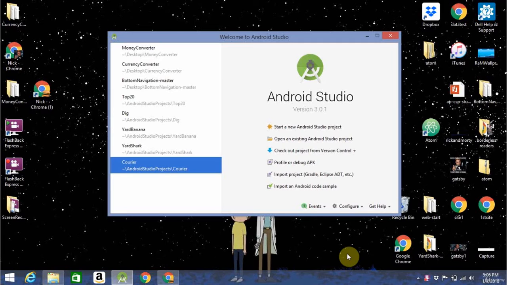So in this video, we'll be starting a new Android Studio project and taking a look at all the different facets of the IDE and see how everything works. So to start a new project, just click the Start a New Android Studio Project button and wait for everything